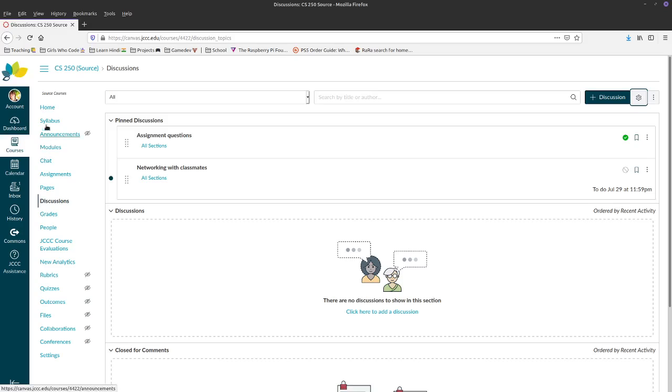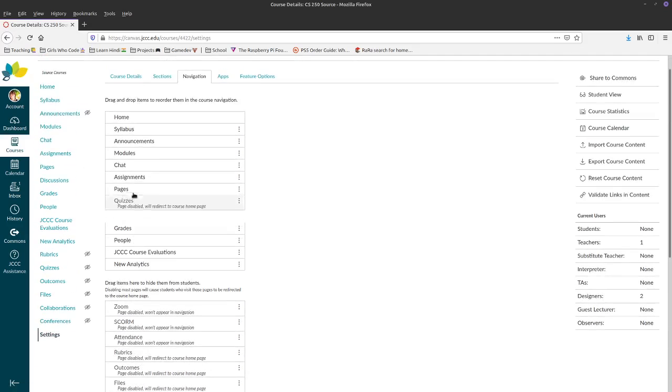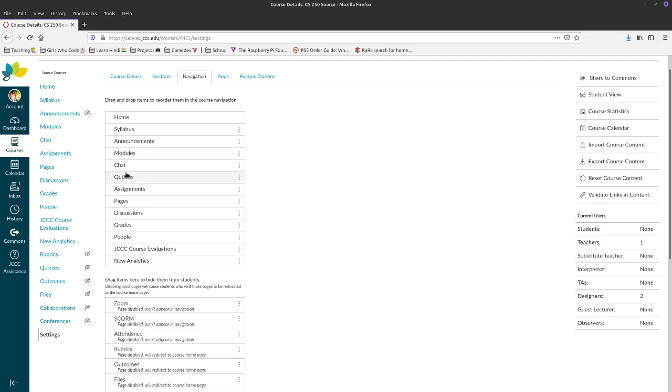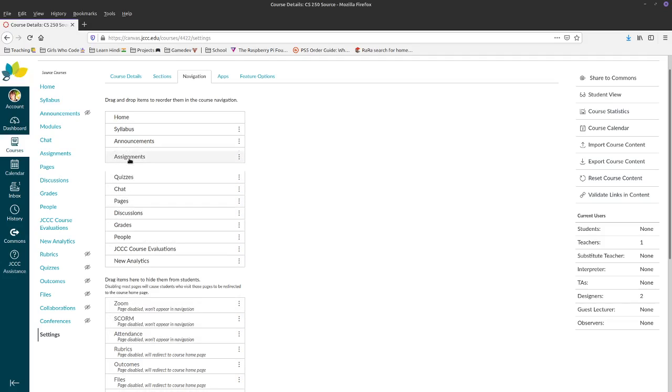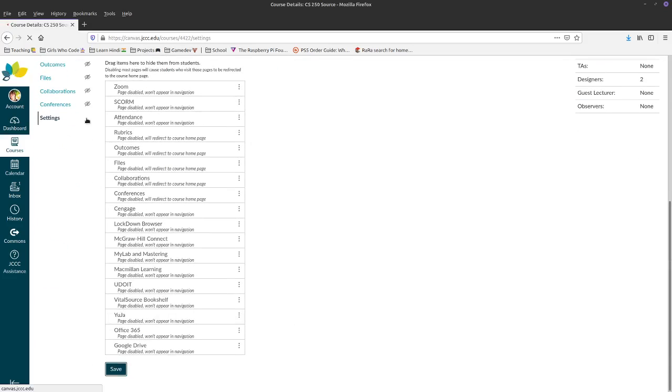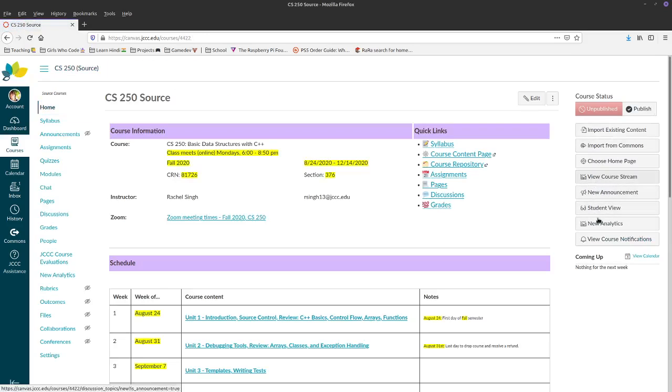Okay, and then the last big thing are the quizzes. So at the moment I don't have the quizzes viewable to students, but I do have quizzes in there. Sometimes I keep this hidden and I just link to the quizzes directly, even if it's in here in the hidden part. They can still access quizzes if you have a link to it. So I'm going to go ahead and save this and I'll show you what the quizzes page looks like for students. So student view,